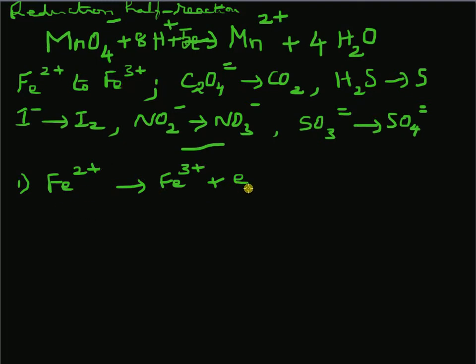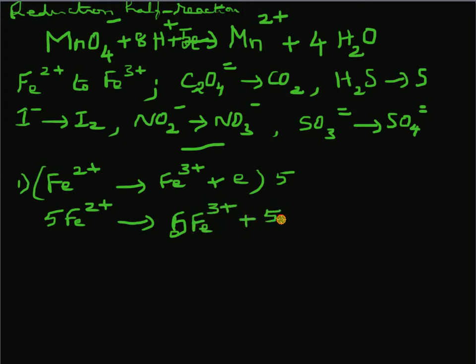Now, there is only one electron involved here, and in the original equation, you have 5 electrons. So, what do we do? We multiply this by 5. That will give you 5 Fe2+ giving 5 Fe3+ and 5 electrons. Combining these two equations, straight away write the equation MnO4-